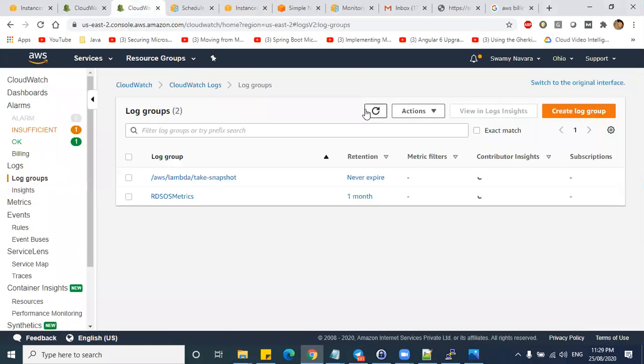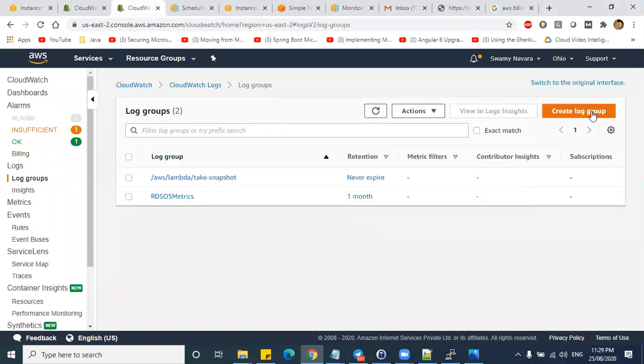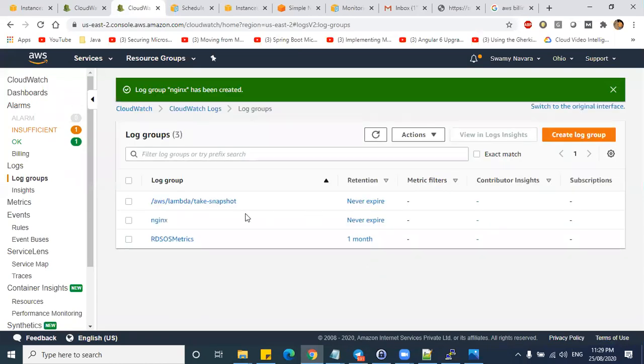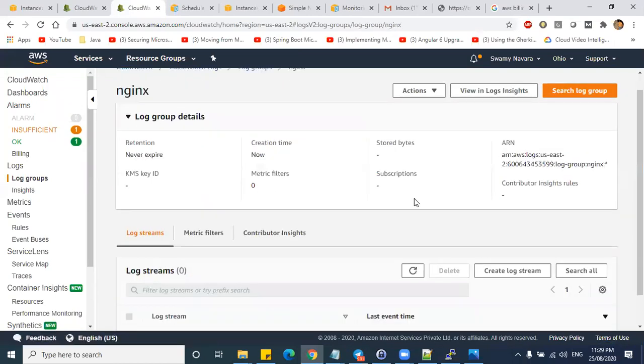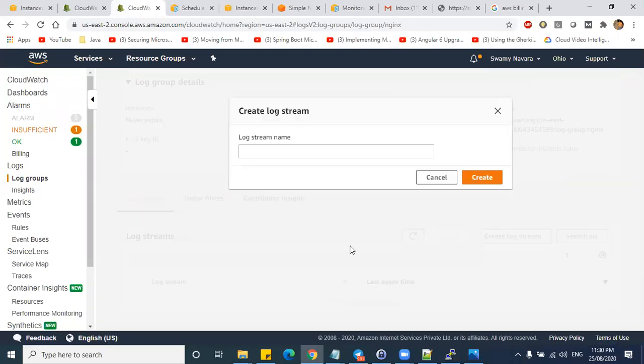I guess create a log group. I guess this should be pulled out automatically. Let us check.